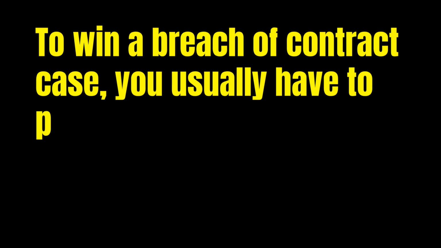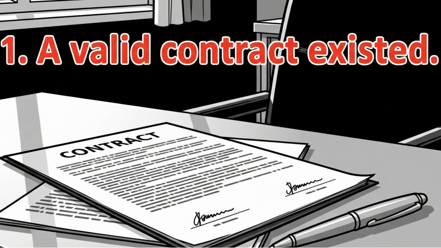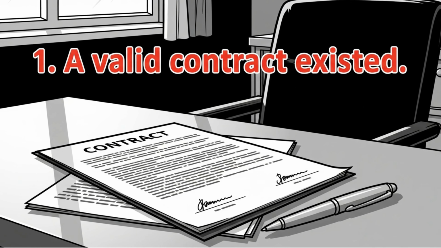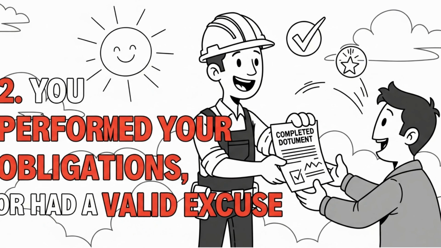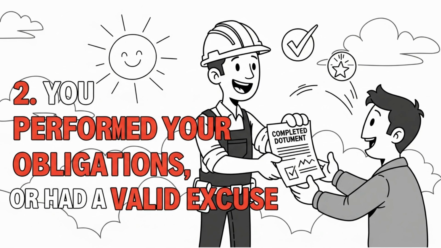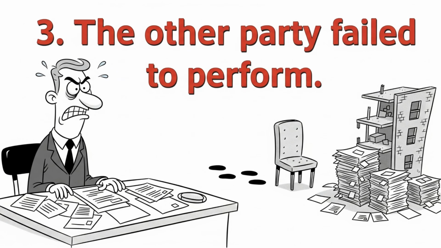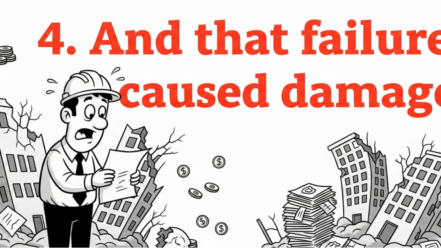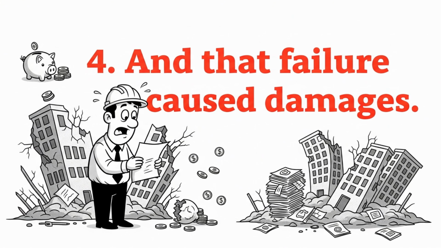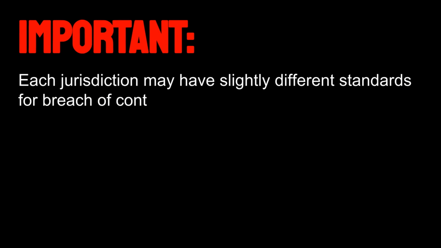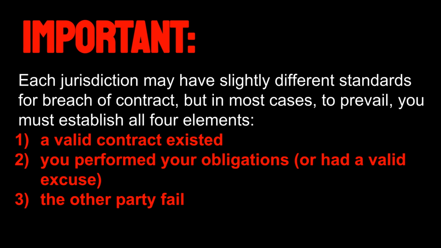To win a breach of contract case, you usually have to prove 4 things. First, a valid contract existed. Second, you performed your obligations or had a valid excuse. Third, the other party failed to perform. Finally, that failure caused damages. Each jurisdiction may have slightly different standards for breach of contract, but in most cases to prevail, you must establish